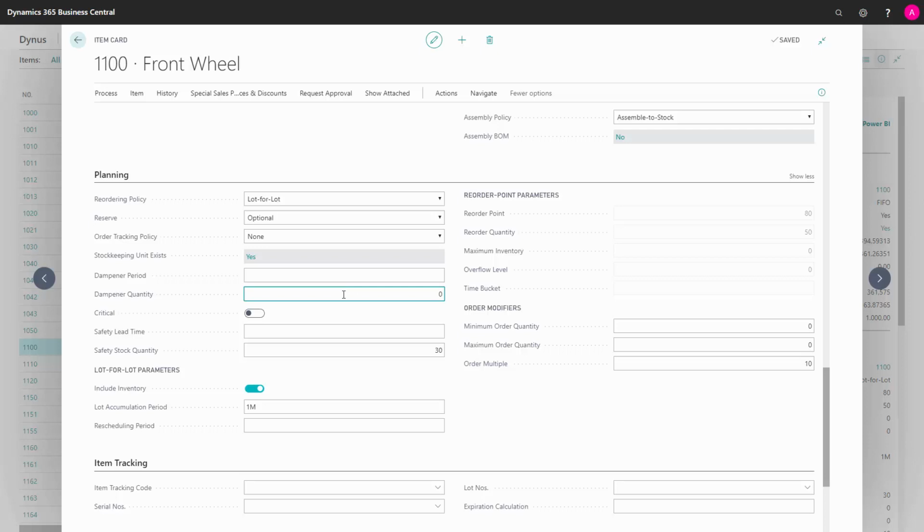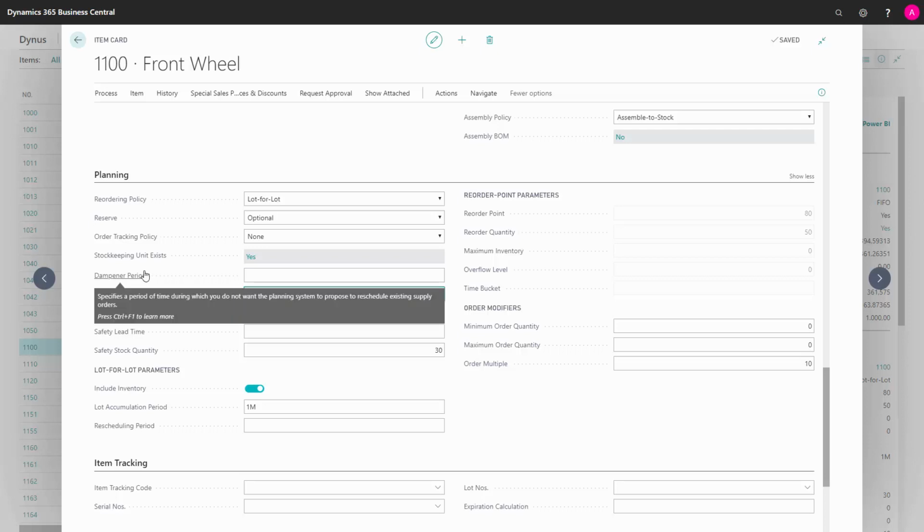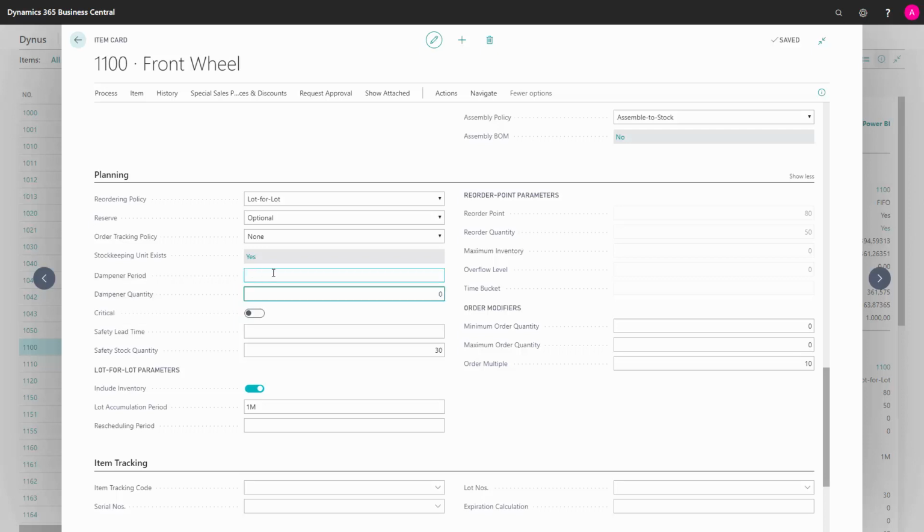So if you have, for instance, a demand that makes up 100 and you have supplies for that demand, and suddenly the demand is moving ahead in time or being less, then with the dampener period you can set up that the planning engine shouldn't react to that and leave the supply orders. With this way you don't change the supply orders, meaning production orders and purchase orders or even transfer orders all the time. You can set up if the item is critical, and that will affect the ATP, the available to promise functionality from the sales order line.